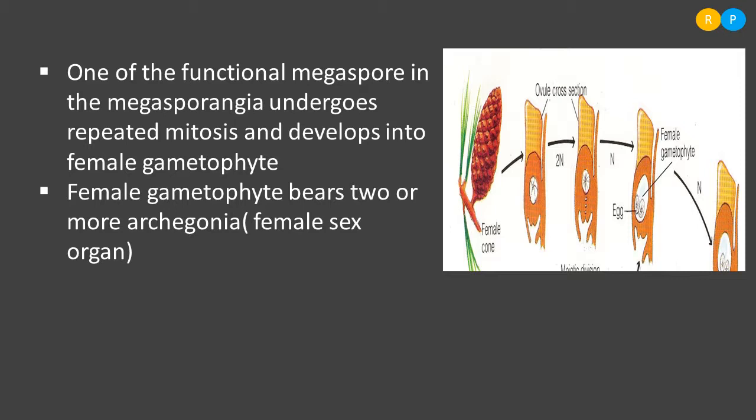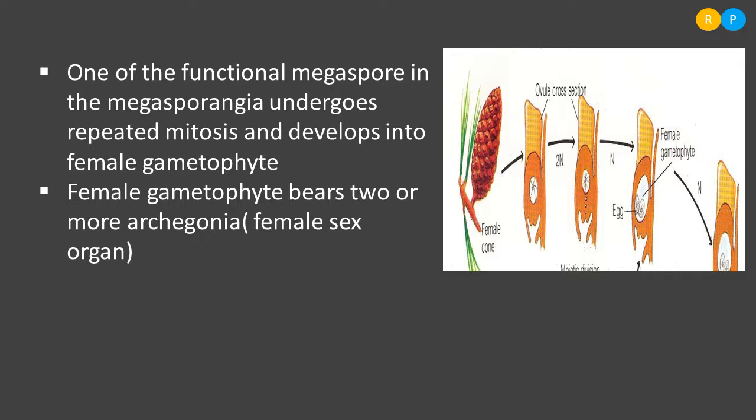Archegonia are the female sex organs. We know that archegonia are flask-shaped structures. These flask-shaped structures will develop within the female gametophyte. So what is the number of archegonia? 2 or more archegonia develop within the female gametophyte. Understood? You can observe here, the gametophytic structure formation takes place within the